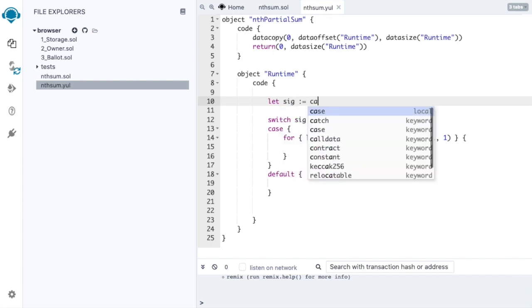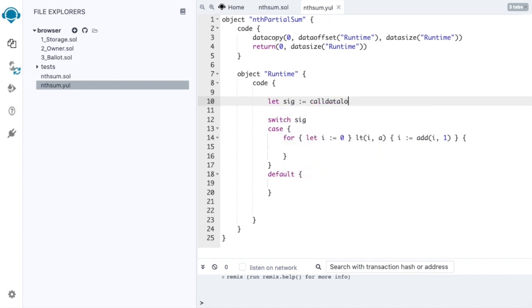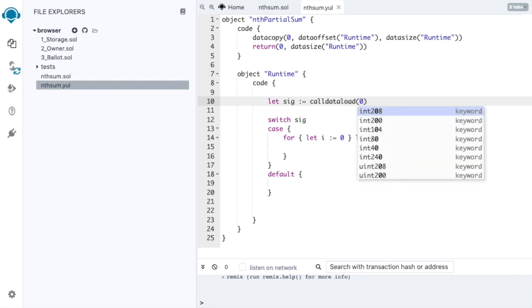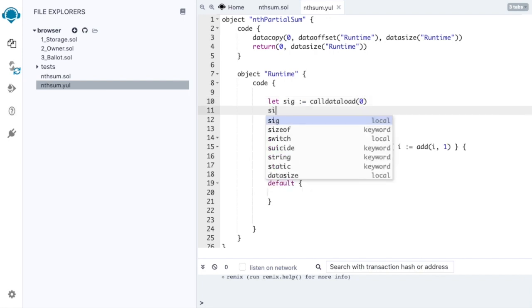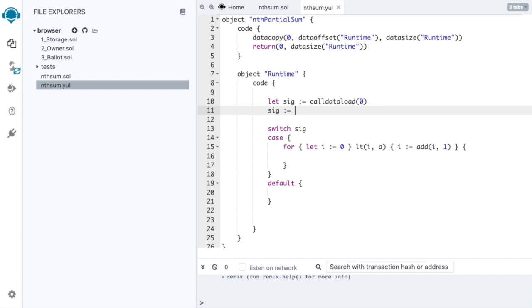We first load the first 32 bytes and then shift to the right with 224 bits. And then make sure that it is